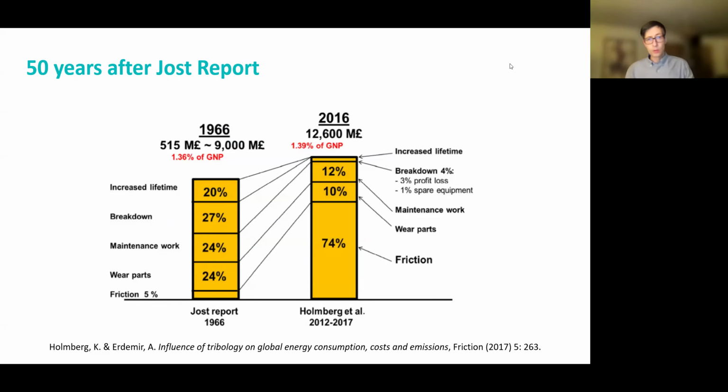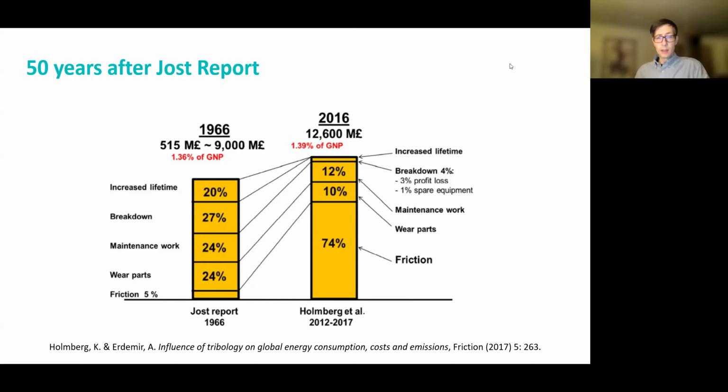Some 50 years ago, after the JOST report publication, two researchers revisited the JOST report and recalculated the losses due to friction and wear to the economy. And actually, they arrived at a very similar number in terms of gross national product. It was 1.36 established in the JOST report, and in 2016, that was very close to that. It was 1.39. Of course, it was much more in terms of the actual cash 50 years later, but very, very similar